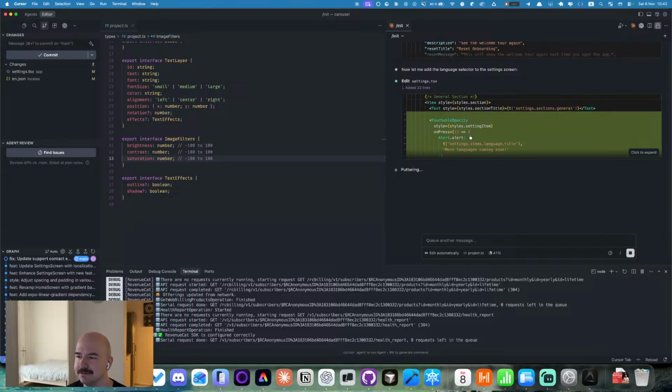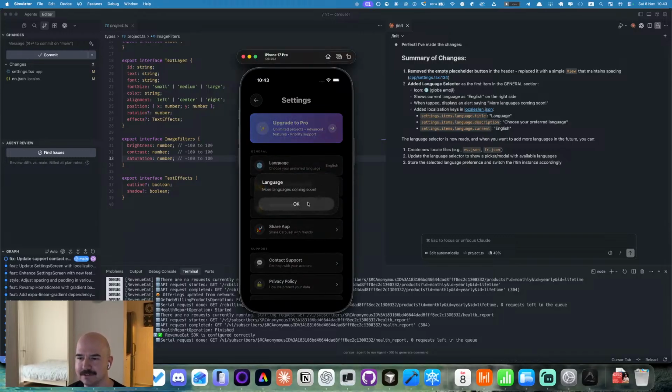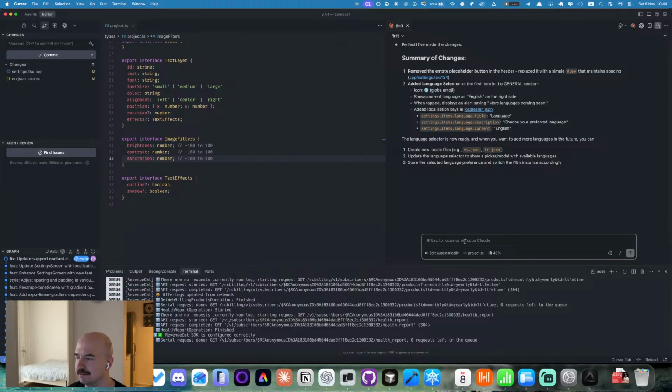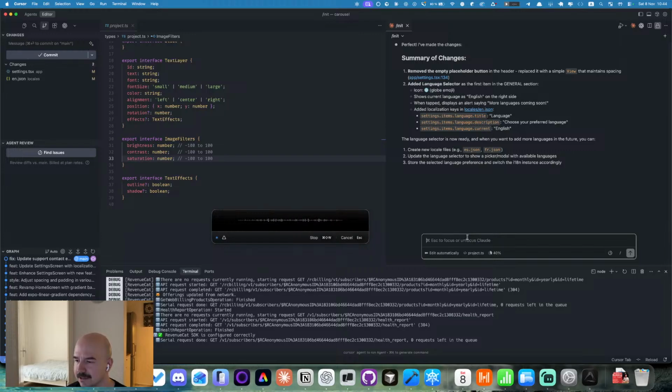More languages coming soon. Yeah, hooray! So this thing has been added. Language. Hooray! And general. Let's add the theme selector like system or dark and bright or white. Well, I don't know. Also, language should contain system as default.